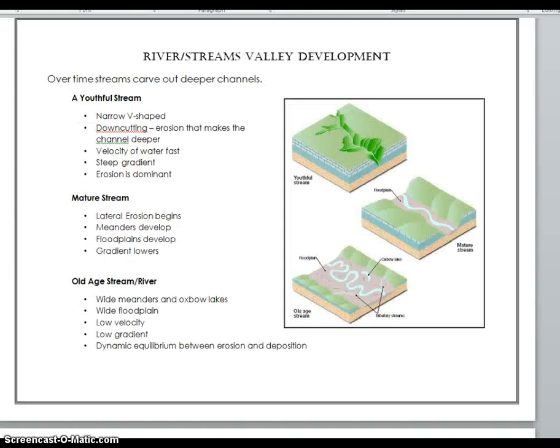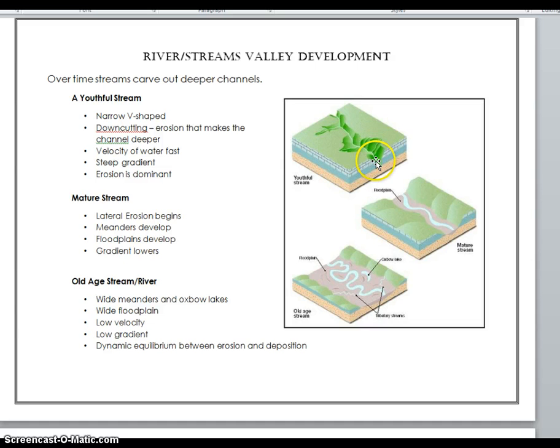One of the things we need to remember is water starts to run over the surface. It starts to make the characteristic V-shaped valley. But as the water continually over time carries material, it will start to change the landscape. So here is an example of a landscape that has a youthful stream moving over it. You can see the V shape, the steep slopes, more erosion going on